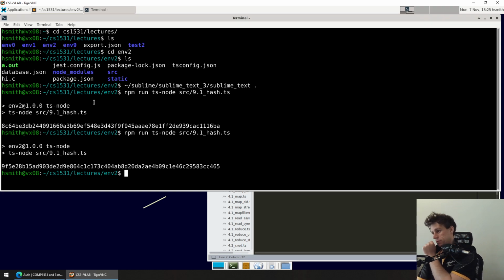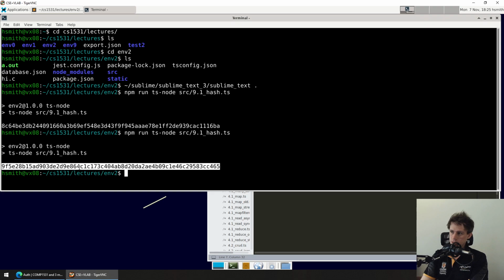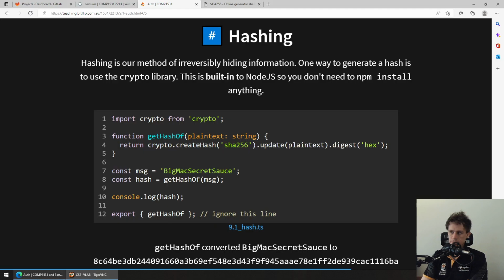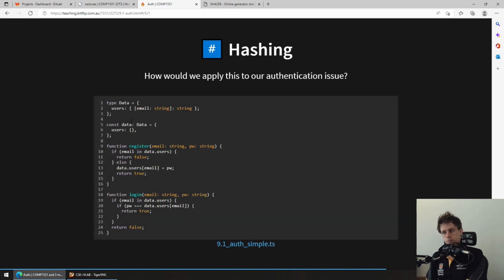Now, this is very handy, because if I just look at this information, it doesn't really tell me much, does it? But the real question is, okay, cool. Thanks, Hayden. You showed me a way to take something that makes a lot of sense, like a string, and convert it into something that makes no sense, like one of these hashes. How does that actually help with our authentication issue? And the short answer here,